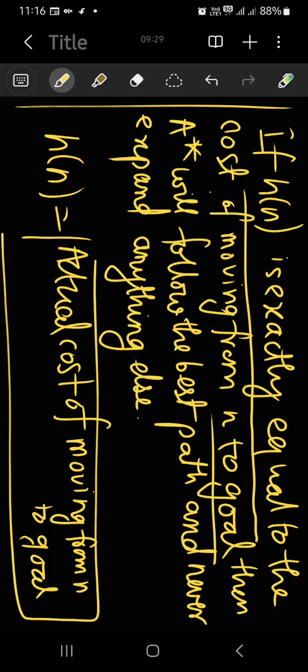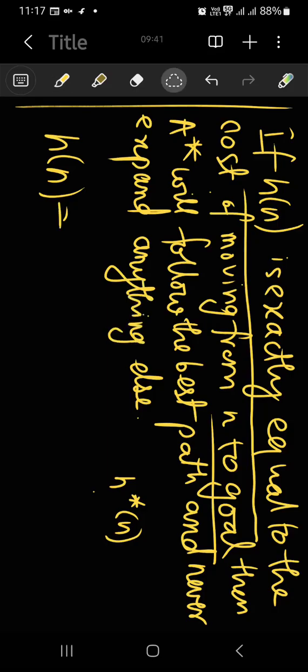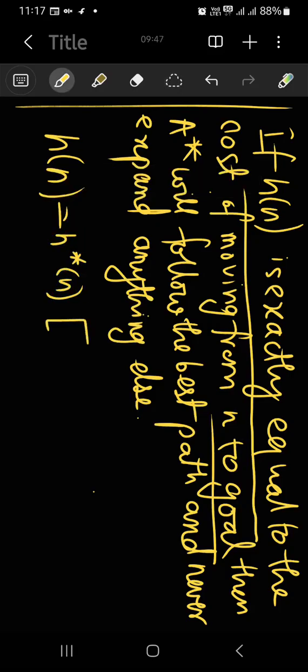তো এই অ্যাকচুয়াল কস্ট অফ মুভিং ফ্রম এন টু গোল এটাকে আমরা কি ও দিয়ে রিপ্লেস করতে পারি গাইস? এইচ স্টার এন। দিস ইজ বেসিক্যালি দি অ্যাকচুয়াল কস্ট। তো তাহলে এর জায়গায় আমরা এইচ স্টার এন লিখতে পারি। ইট ইজ ইকুয়াল টু নাথিং বাট দি এইচ স্টার এন। এক্স্যাক্টলি এইচ এন ইজ ইকুয়াল টু এইচ স্টার এন। সো দিস ইজ দ্য কন্ডিশন ফর অ্যাডমিসিবিলিটি। এটা অ্যাডমিসিবিলিটিরই কন্ডিশন এক্স্যাক্টলি।